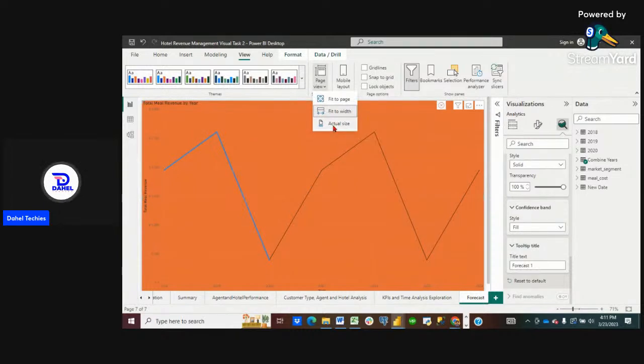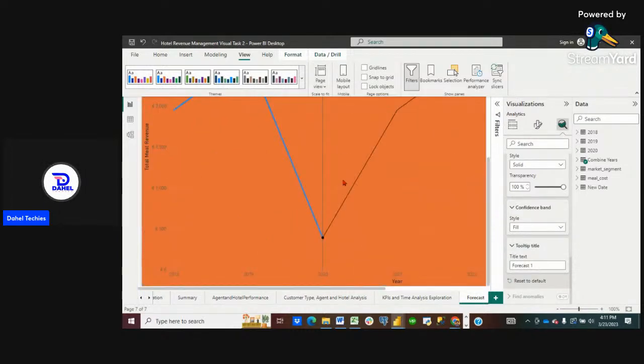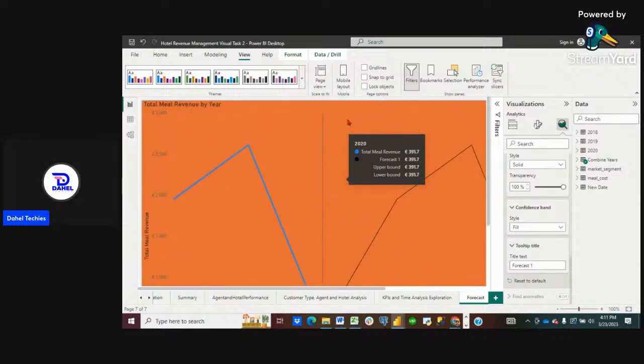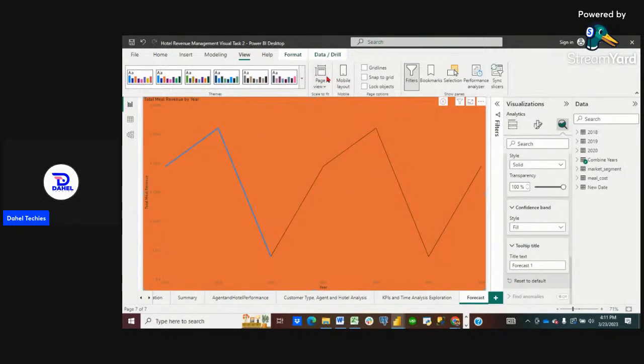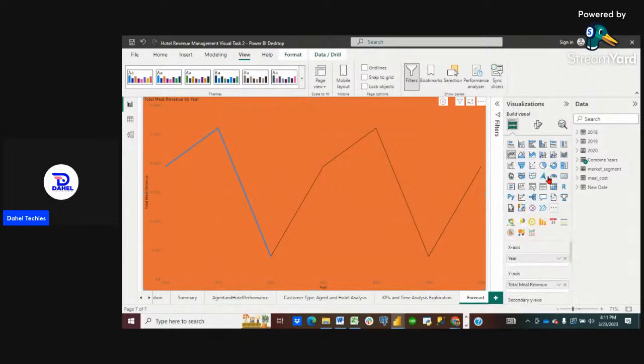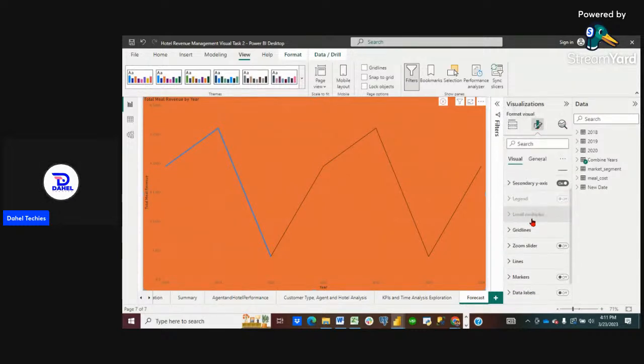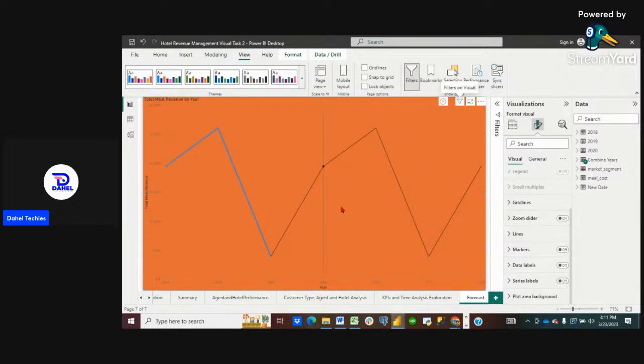If you choose Actual Size, you are going to see the actual size of the visual, but you are still going to have to scroll. So you can either go to the View menu and change it right here, or you go to your analytics pane and go to your Format, and then, oh wow, you need to click outside the chart